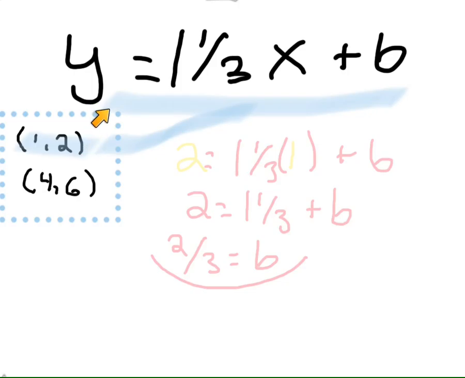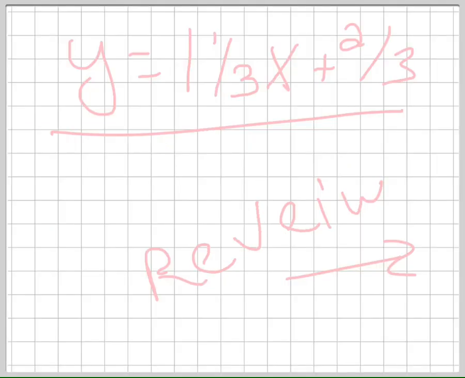into the y value. We then format the equation, so it would be 2 equals 1 1/3 times 1 plus b. 1 1/3 times 1 is just equal to 1 1/3, so that gives us 2 is equal to 1 1/3 plus b. We can then subtract 1 1/3 from both sides, which gives us 2/3 equals b. So b equals 2/3, and can be plugged into the equation, which gives us y equals 1 1/3 x